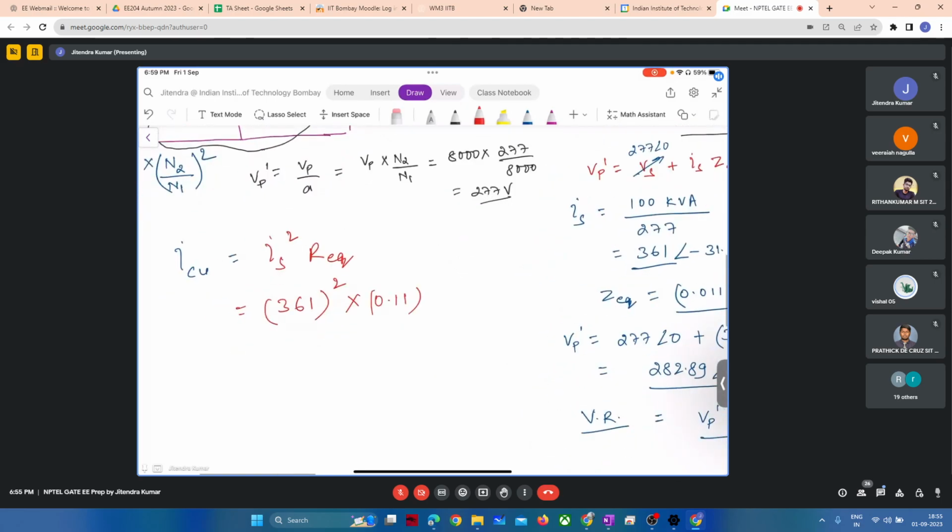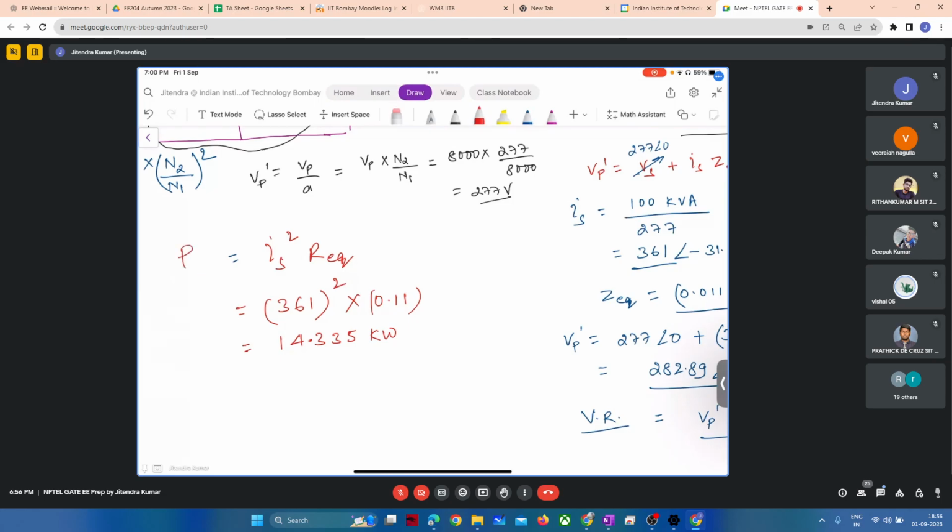So it will be equal to 14.33 kilowatts. Let me recompute it: 361 squared into 0.11. 14.33 kilowatts. Okay. Now,